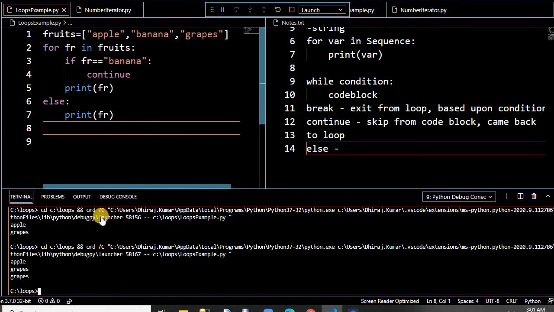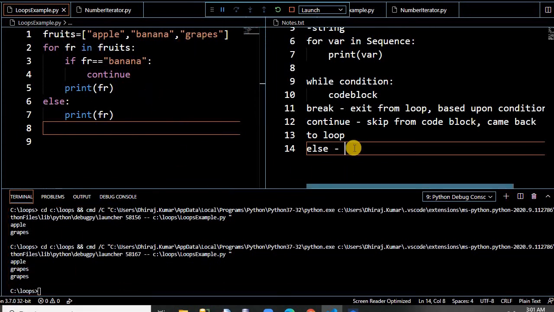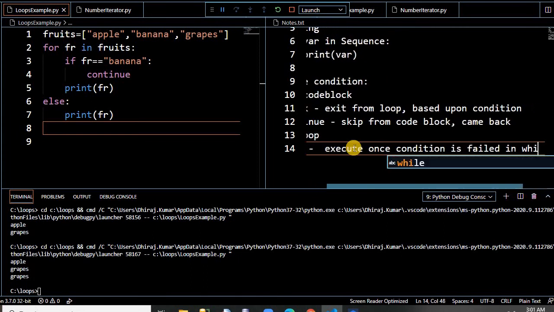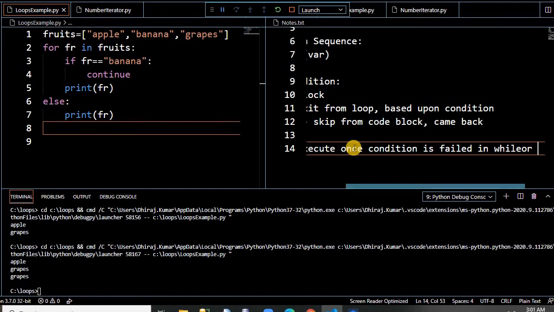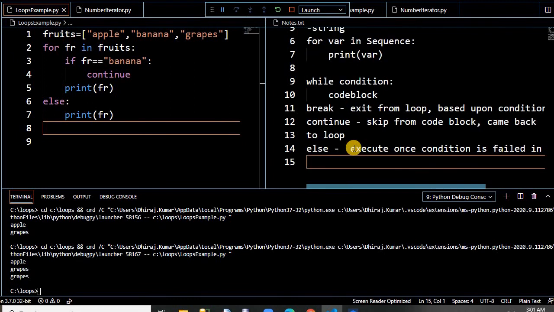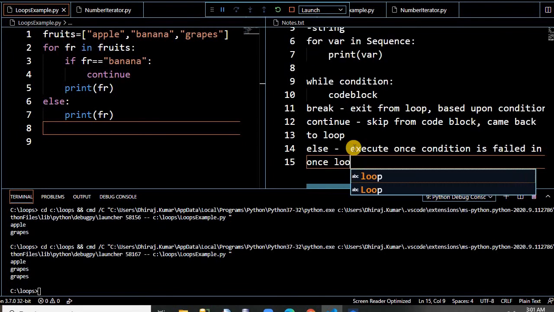It will print the grapes 2 times. See here. So else is used to execute once the condition fails in a while loop, or you can say once the loop ends.